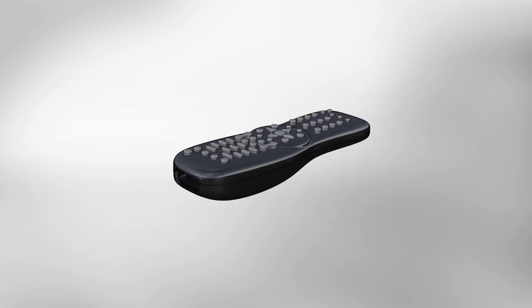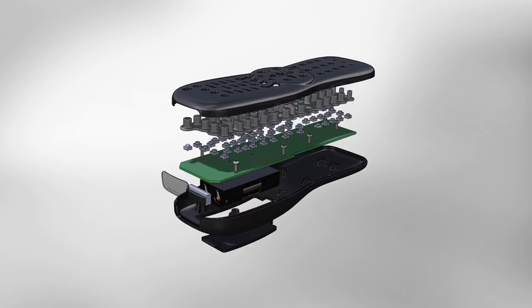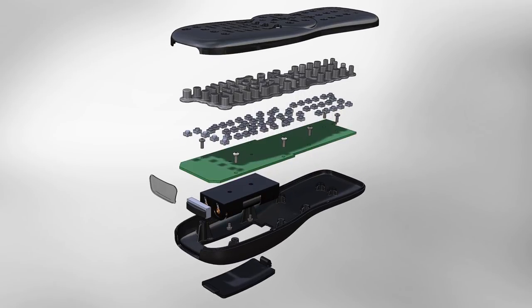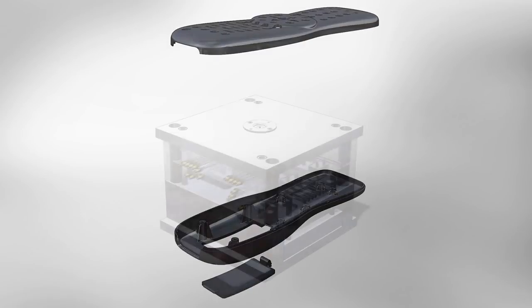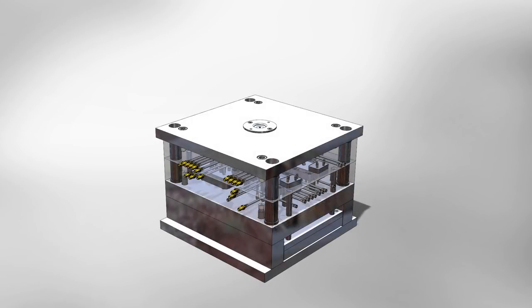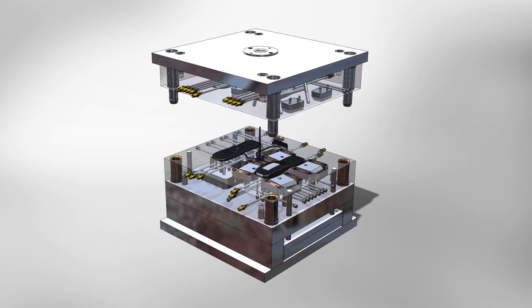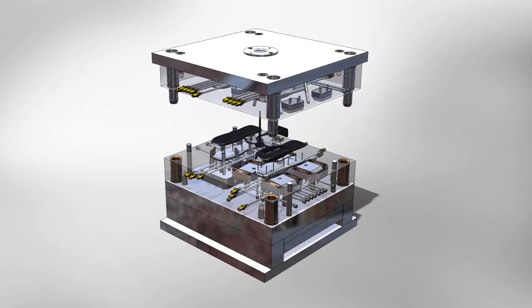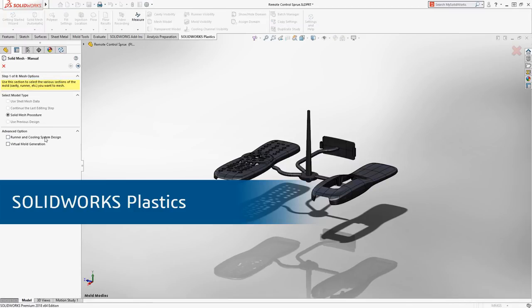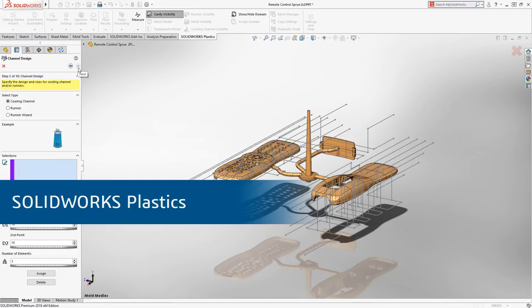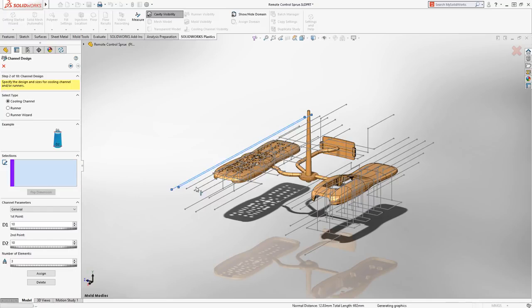Understanding how plastic parts are affected throughout the manufacturing process is as important as understanding how those design parts will perform in the real world. Problems that can arise from the injection molding process itself could impact your final part's performance, including fit, size, and even deformation. SOLIDWORKS Plastics empowers you to better understand how the plastic injection molding process can affect your injection molded